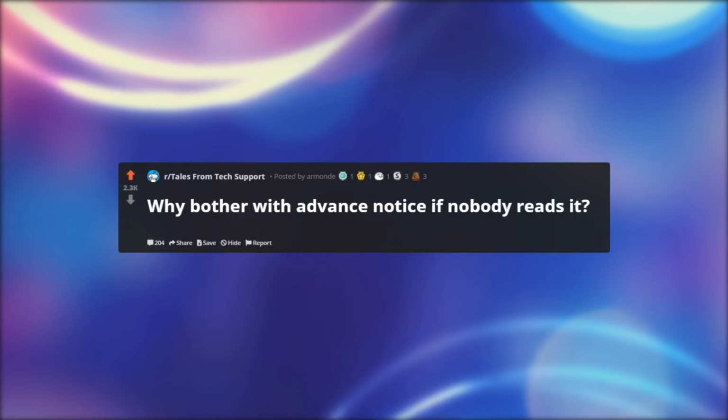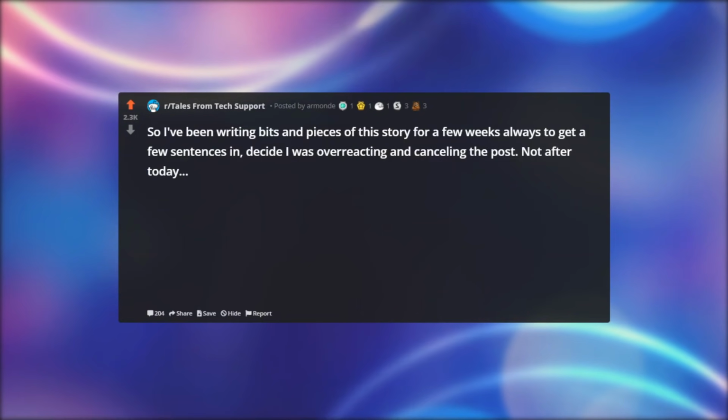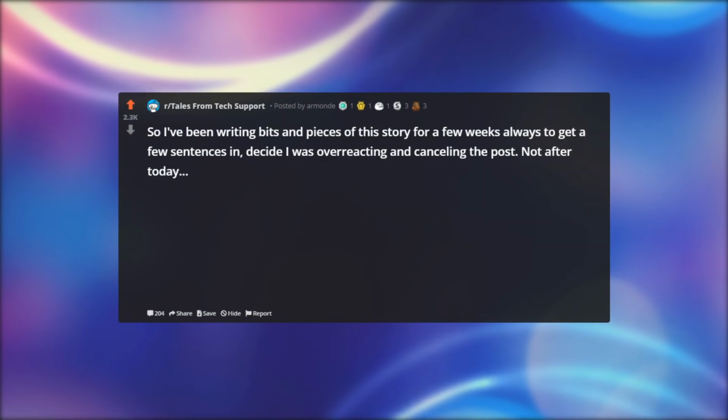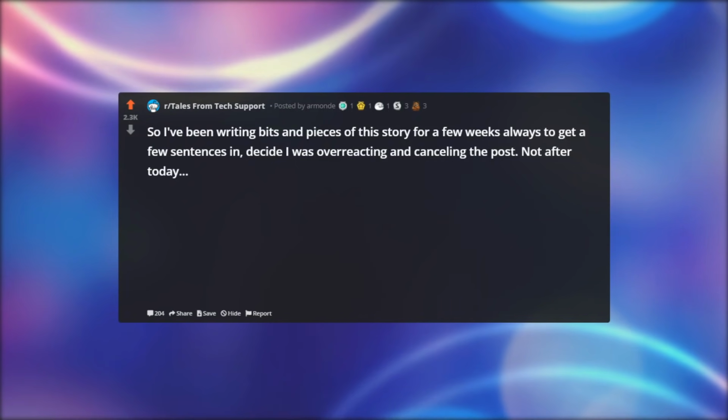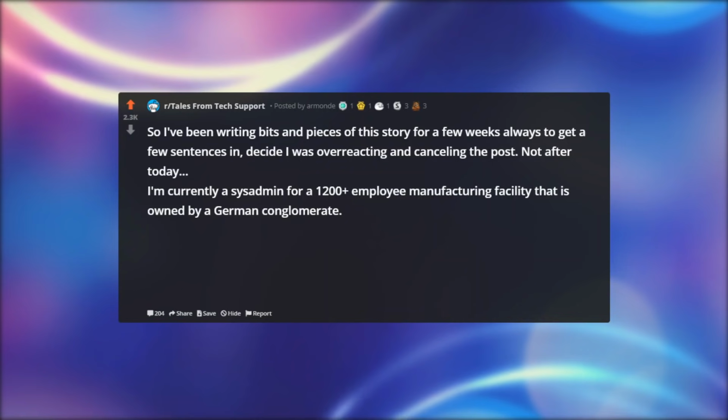So let's get started. Why bother with advance notice if nobody reads it? I've been writing bits and pieces of this story for a few weeks, always getting a few sentences in, deciding I was overreacting and canceling the post. Not after today. I'm currently a sysadmin for a 1,200-plus employee manufacturing facility that is owned by a German